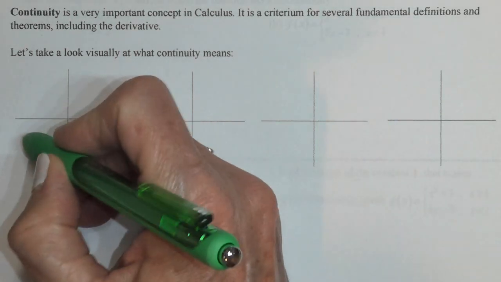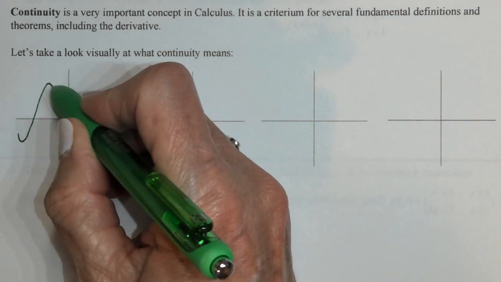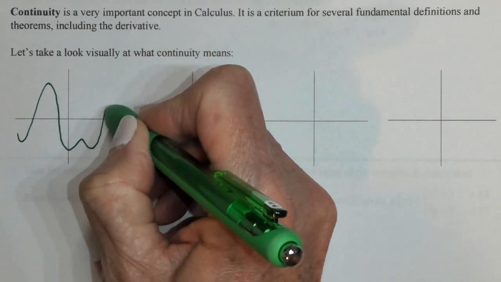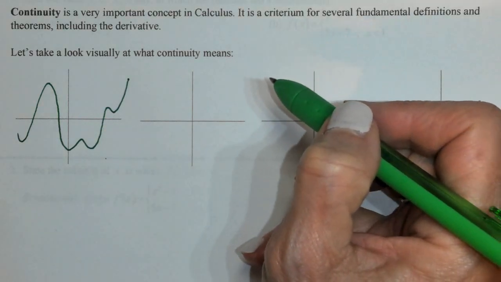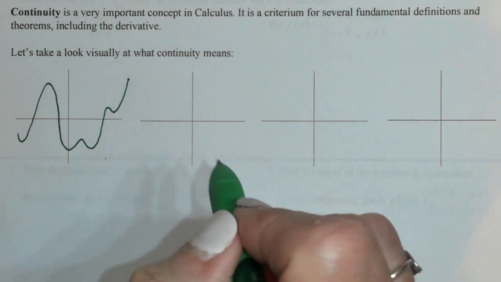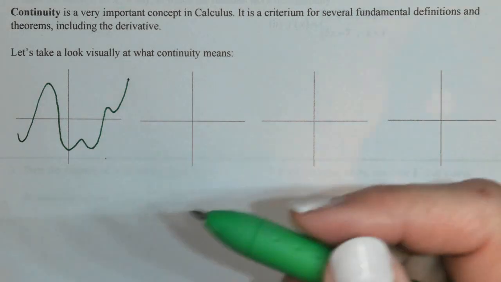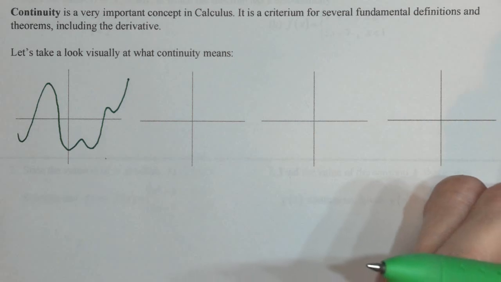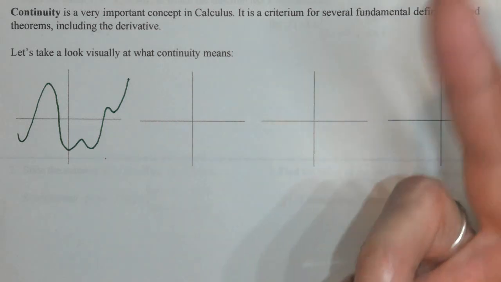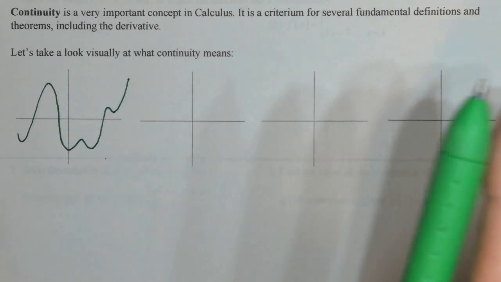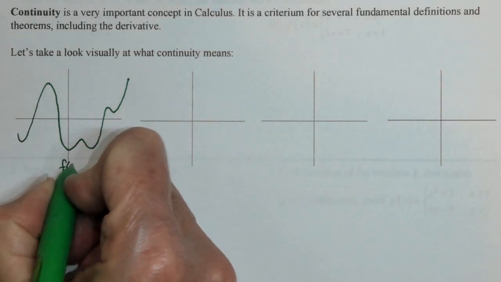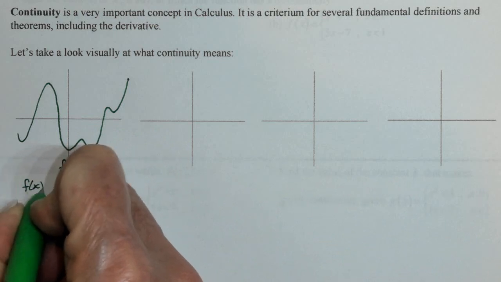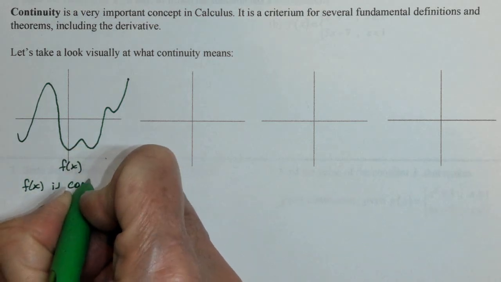A function is continuous, in short, if you can draw the entire function without lifting up your pen or pencil, which means no asymptotes, no holes, no jumps, things like that. If you can do that, this function, which I'm going to call f of x, is continuous